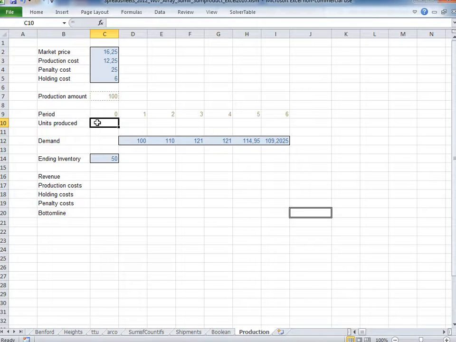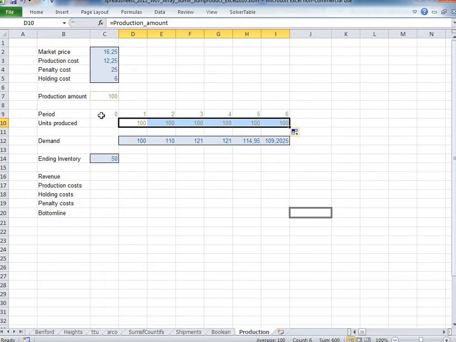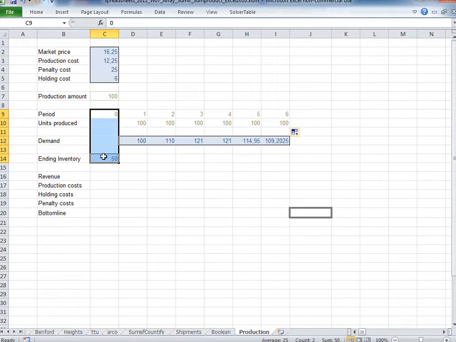So now to the units produced. Our units produced, we will start production actually only on the first period, and the units produced is going to be always equals production amount. And we copy this formula. This is the same for all the time periods. Now we also see that something happens in the 0th time period. Namely, we have in the 0th time period we have something in the inventory. We have some kind of leftovers of our good. Okay, so we have 50 in the inventory, we've produced 100,